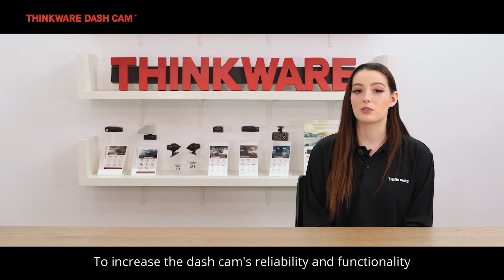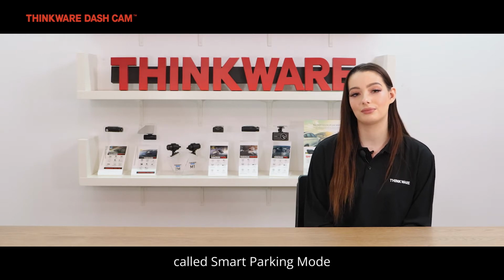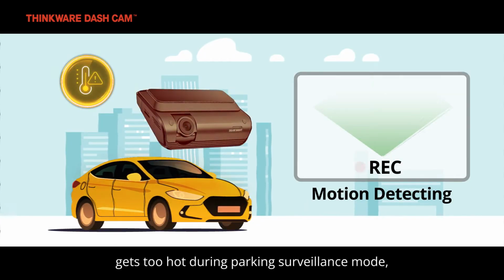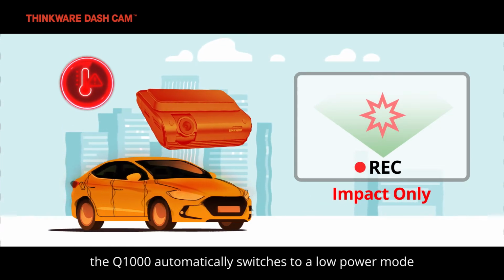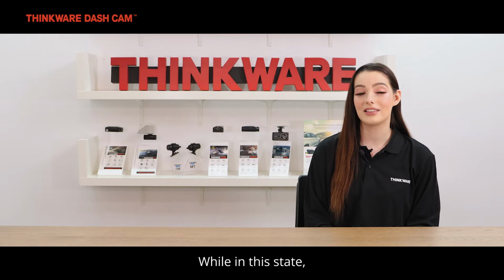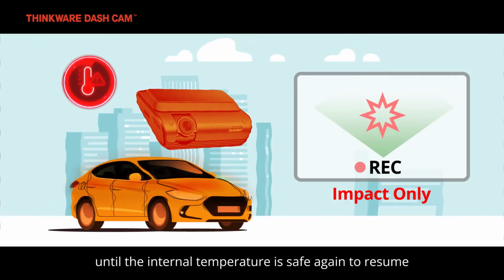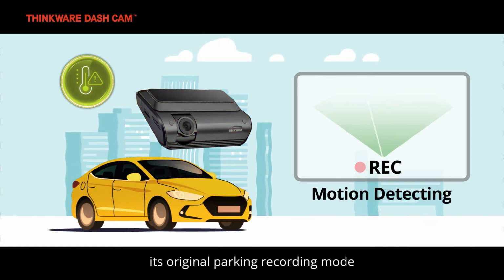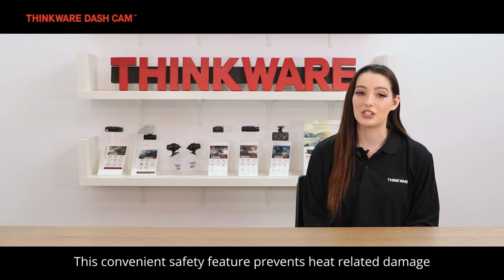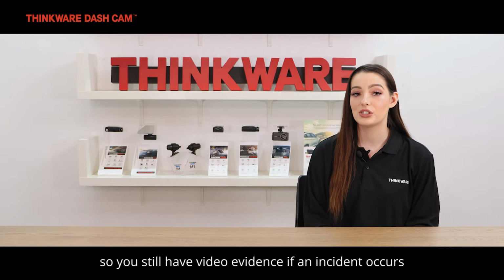To increase the dashcam's reliability and functionality, the Q1000 comes equipped with a new safety feature called Smart Parking Mode. If the temperature inside the vehicle gets too hot during parking surveillance mode, the Q1000 automatically switches to a low power mode. While in this state, the dashcam records incidents triggered by impacts only until the internal temperature is safe again to resume its original parking recording mode. This convenient safety feature prevents heat-related damage without having to power off the dashcam,